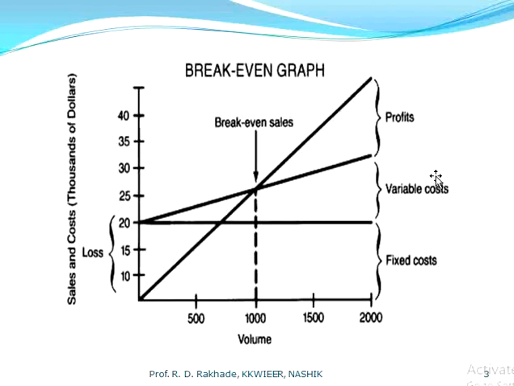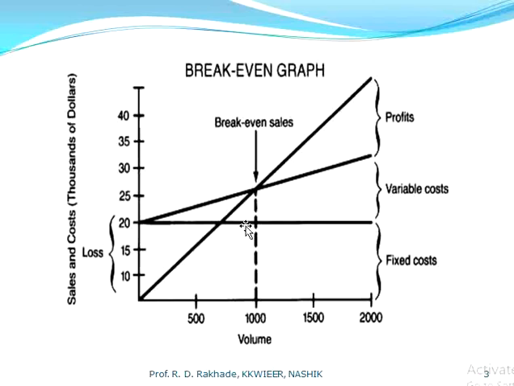Basically there are only 2-3 important lines. The y-axis represents annual cost or sale, and the x-axis represents the volume to be produced by the company. This inclined line is called the sales line or total revenue line. The horizontal line represents fixed cost, maybe factory setup cost, machine cost, or rent, which is not correlated with your production.